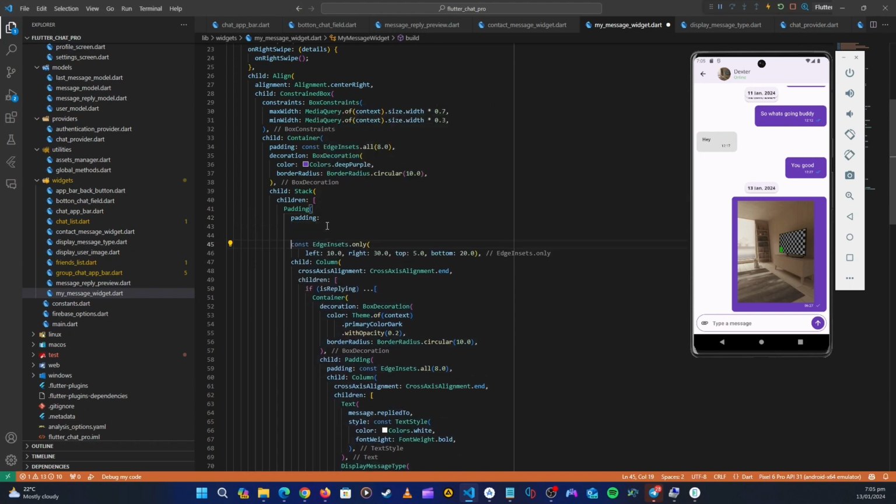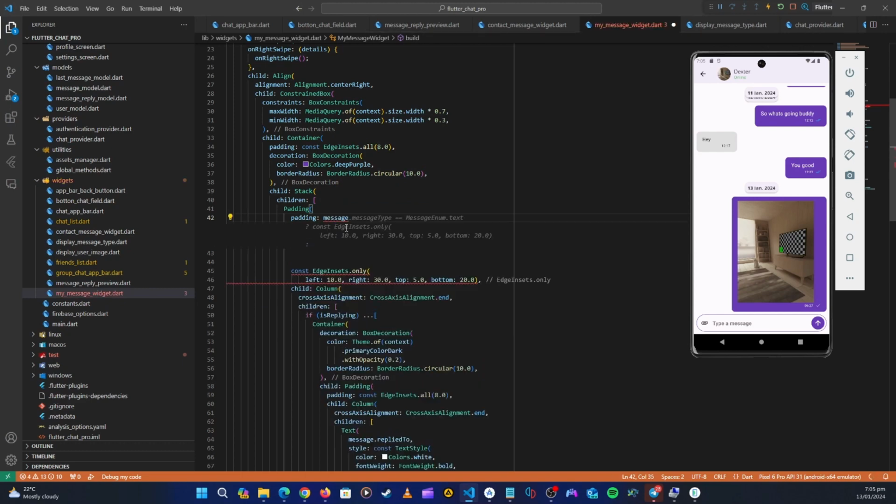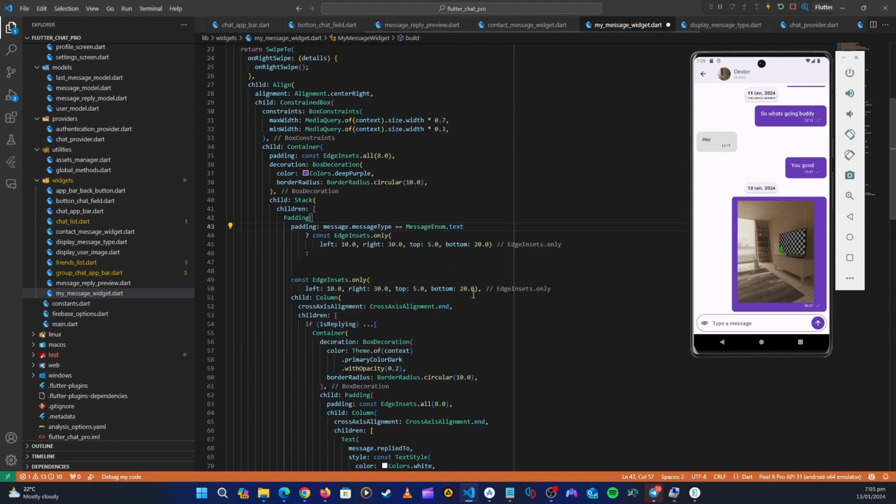When it's a text, let's say message dot message type. Yeah, great. If message type message enum is text, we want to show what we are doing. And then if it's an image, so now again, instead of showing all of these,